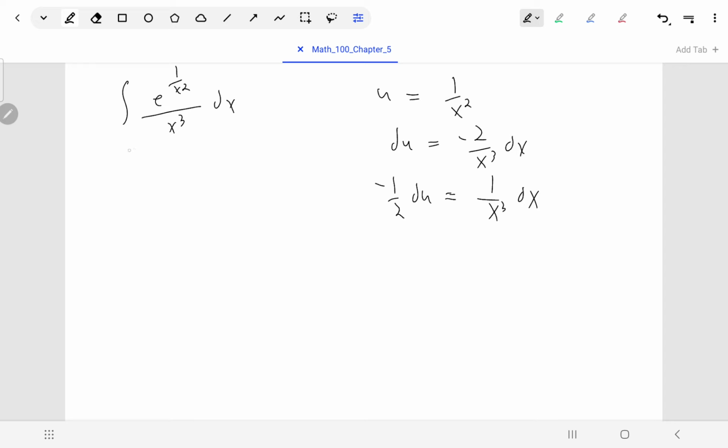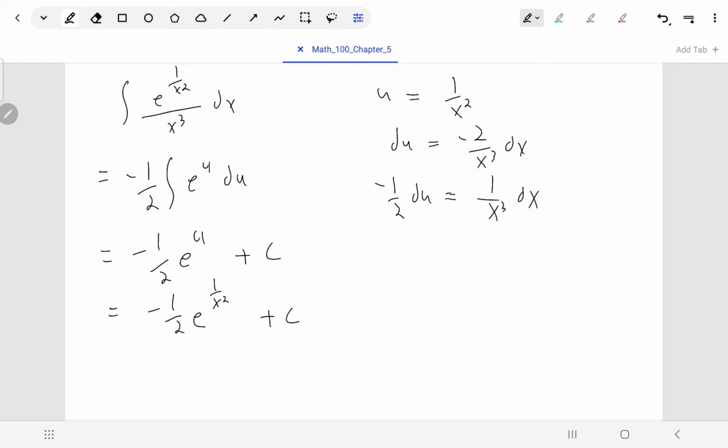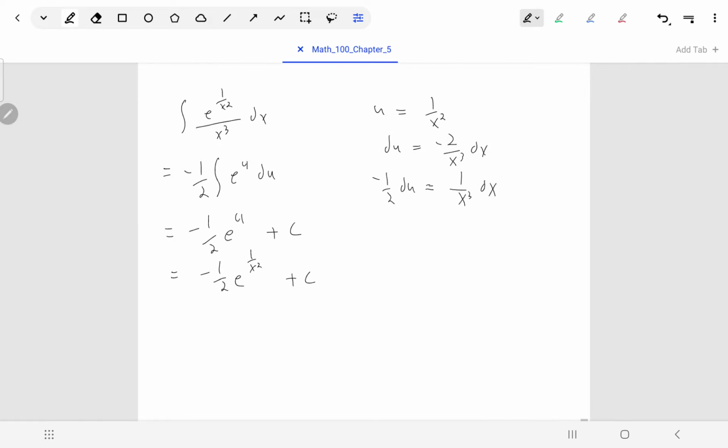So you'll notice I'm starting off with an indefinite integral. I would transform that. I'd say, well, that's negative half times the indefinite integral of e to the u du. And now I can say, well, that's negative half e to the u plus c, which is the same thing as negative half e to the 1 over x squared plus c. So now that I found an antiderivative for an indefinite integral, I can use that for the definite integral part and say, well, now if we're doing a definite integral going from 1/2 to 1,